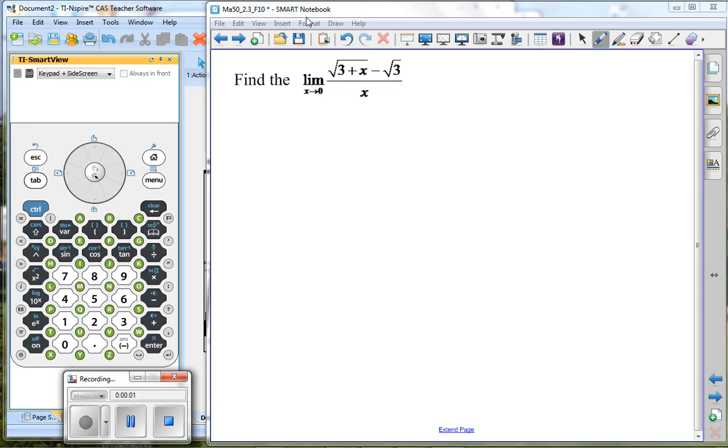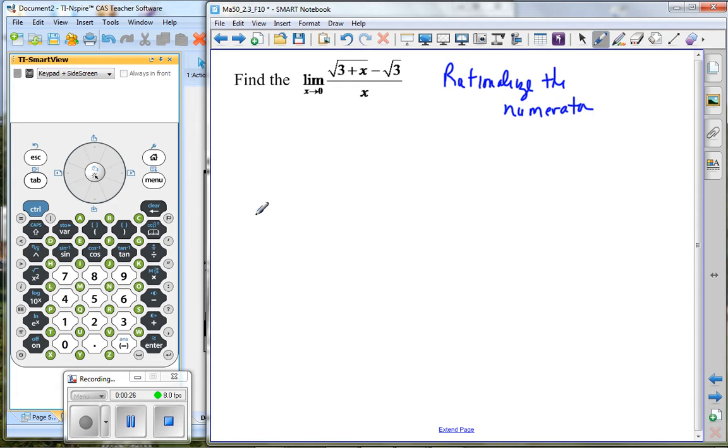So let's get started with this. This is the fourth segment of our lecture in this section 2.3. Okay, we're going to have to do what we call rationalize the numerator. Now, you have worked through a typical topic in Algebra 1 and Algebra 2 is to rationalize the